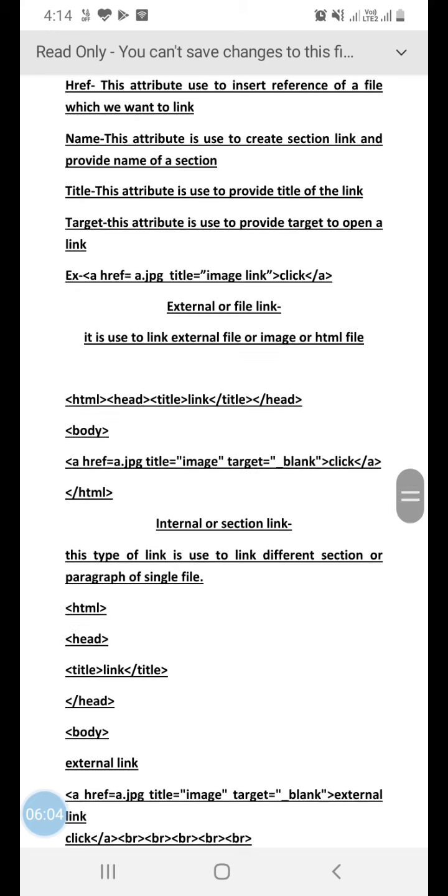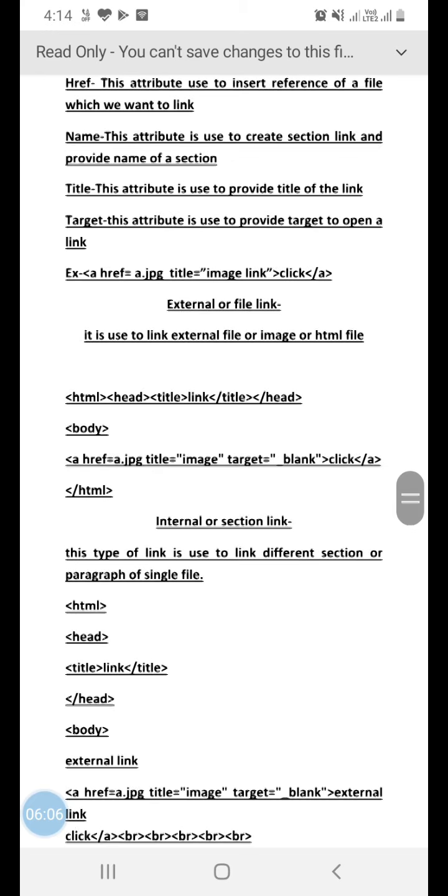In an internal link, we can link different sections of the same file as a section link. In this method, we use only a single web page which contains different paragraphs as sections. For this, an internal link uses the anchor tag two times.